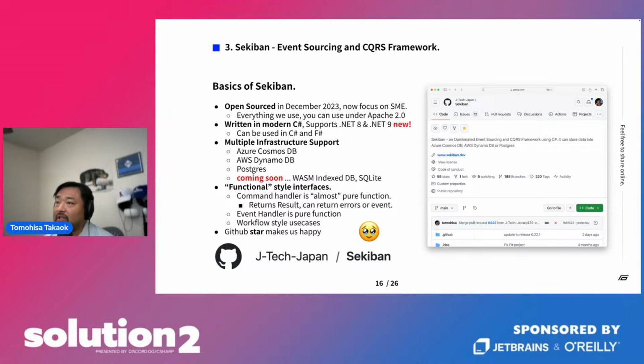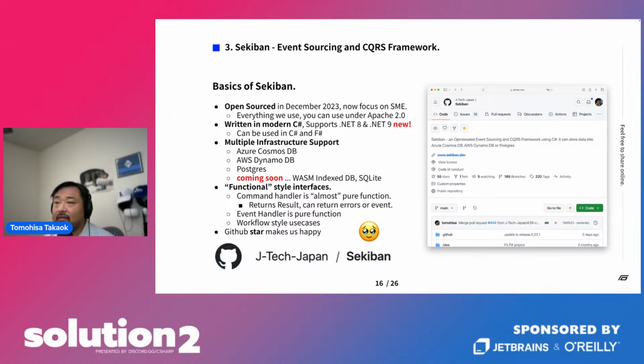It's written in modern C#, and supports .NET 8 and .NET 9. We just released the .NET 9 integration last week. I wanted to make this happen before this event, so I was working hard last week. It can be used in C# and F# as well.